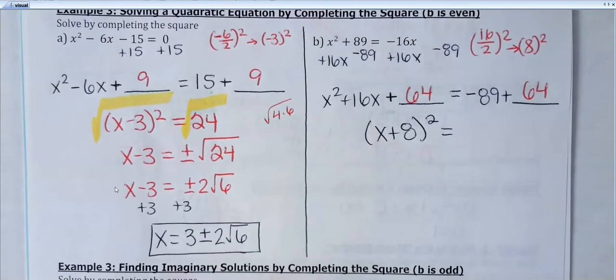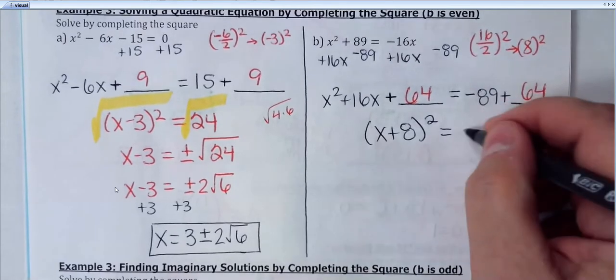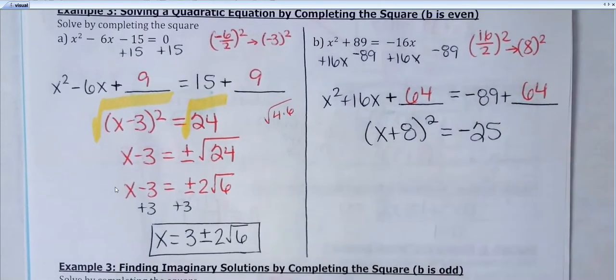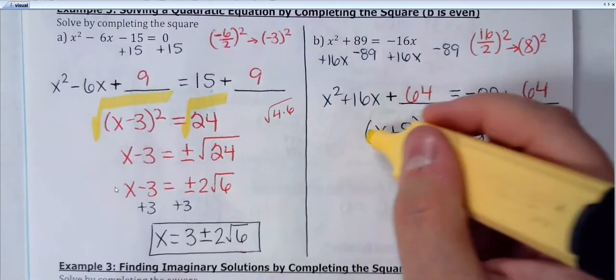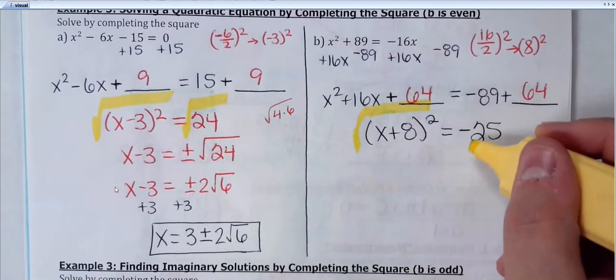Negative 89 plus 64 is negative 25. I just didn't want to get that wrong. And last week you would have told me, Miss Brody, this has no real solution, which is true, but it does have solutions in imaginary land. So